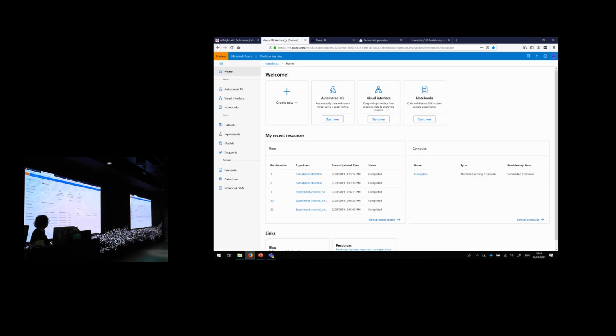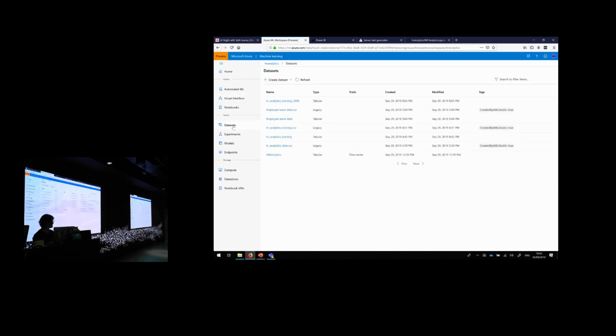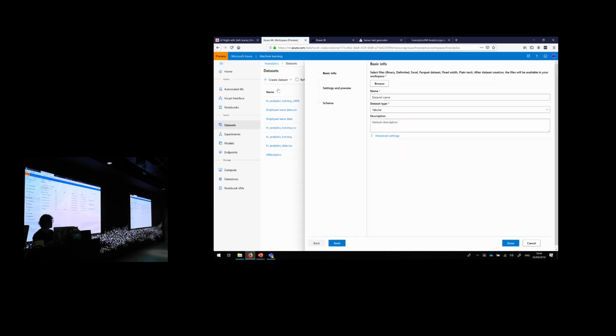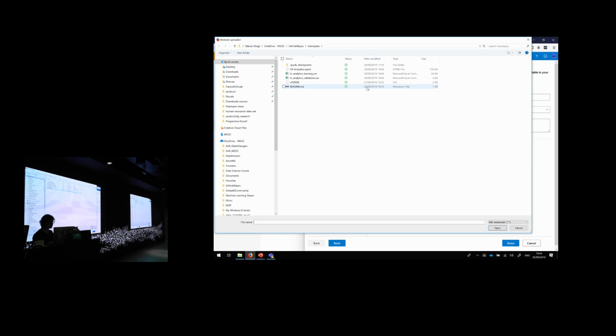And for that I want to show you the new interface. Who's seen this one? Yeah, I see some. Okay, good, nice. Looking forward to hearing your feedback also. One of the things is that you can upload a data set. So that's what we're actually going to do. And the nice thing is that you can also inspect the data quite quickly. So we're going to create it. For now, I just take a local file. Of course, you could also get it from Azure directly.